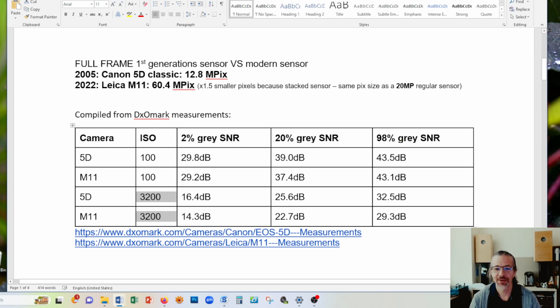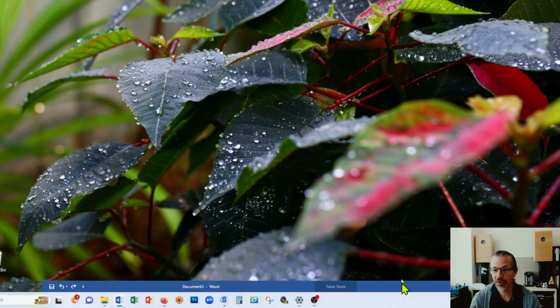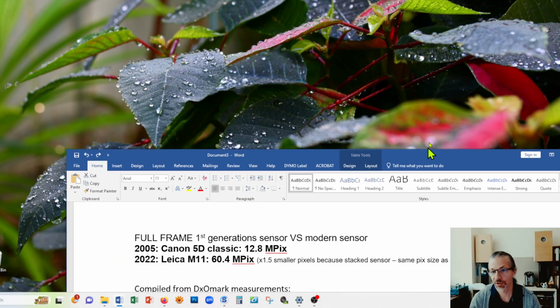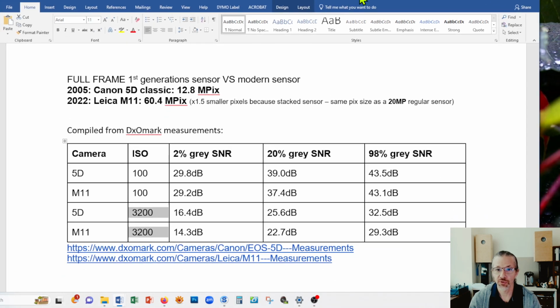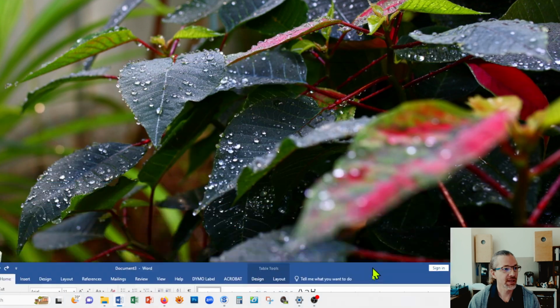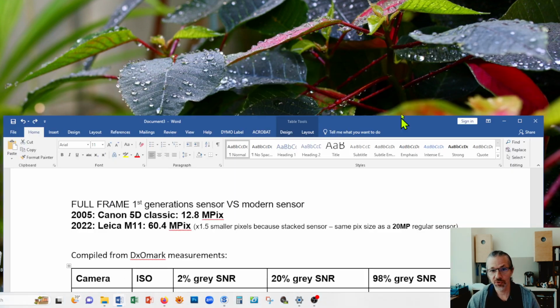But I did 98 anyway, and also 2% as the lowest point, because in this average picture, I think we don't even go as low as 2%. It's maybe like 5%. So anyway, this table relates to much more dynamic capability than what we have here in this photograph,